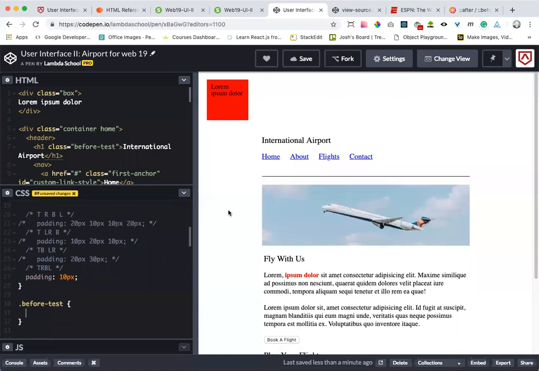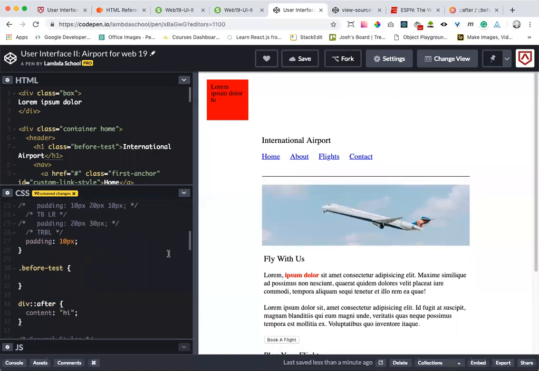Now, if you remember the syntax that I copied over, it looks like this. Let's comment it out so we can see it. Notice it's got this interesting double colon going on here. Colon, colon, after. This signifies to the browser, hey, I want to put some content in here. Then we use a special property called content,